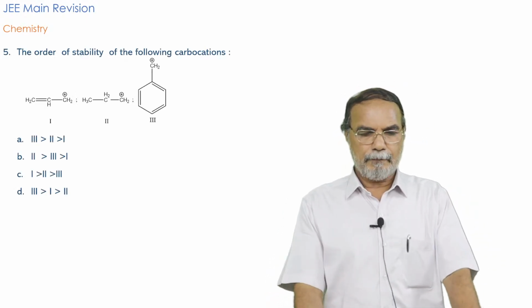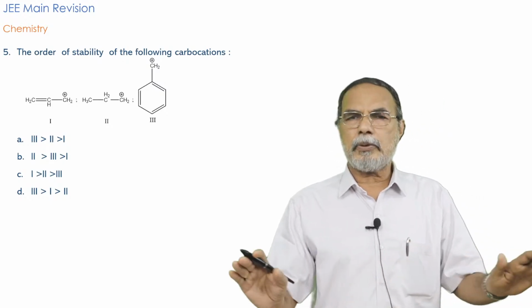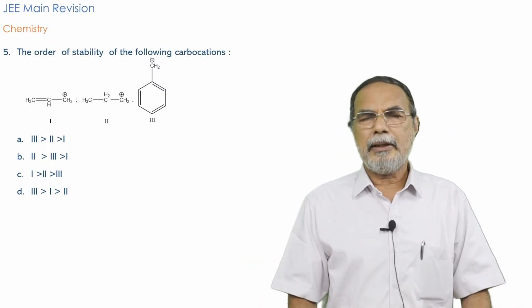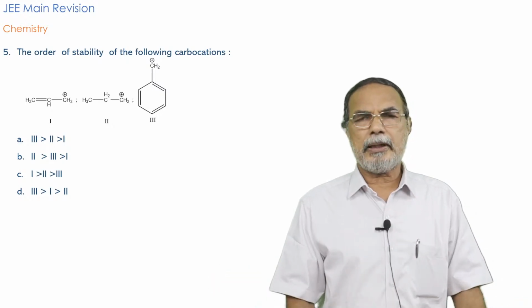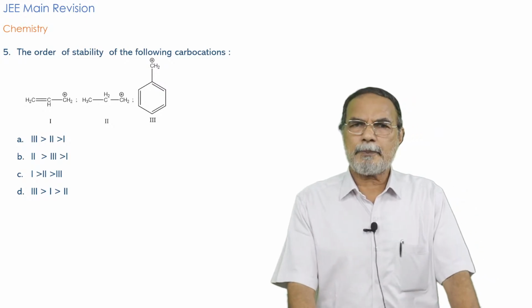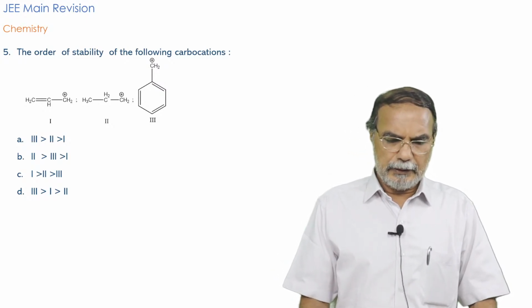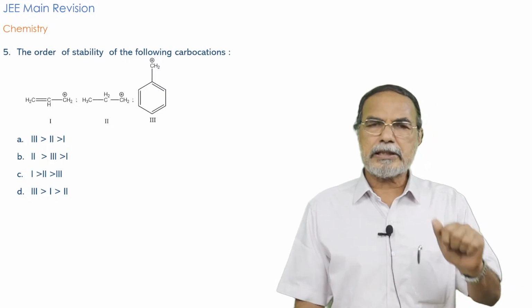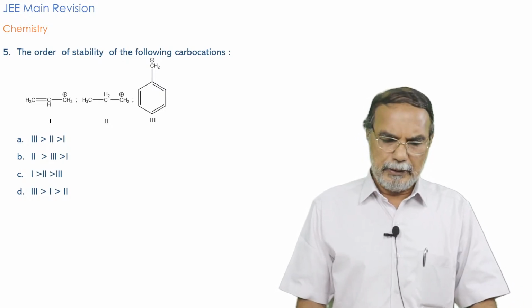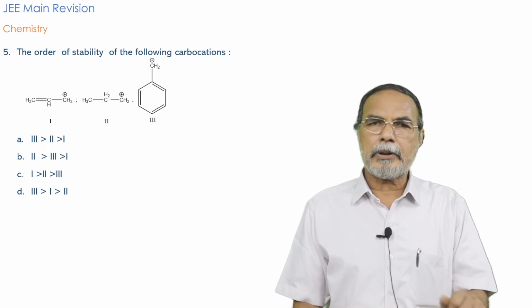Yes, the order of stability of the carbocation. This is a very standard question, a textbook question discussed in all classrooms, and I think you know the answer. I need not explain too much on this. Actually, of the three given, the first one is the allyl carbocation, the second is a normal propyl carbocation, and the